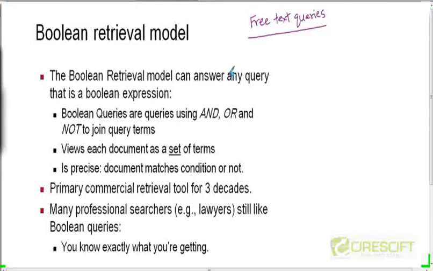The reason we are starting from this Boolean retrieval model is because it's the simplest model to teach and to understand the core concepts. So if you learn the core concepts using this Boolean retrieval model, when we take up the more complicated model, which is called the ranked retrieval model using free text queries, at least the core ideas will be clear to you so that we can build on them. So the first thing to remember about the Boolean retrieval model is that it employs queries using these Boolean operators.